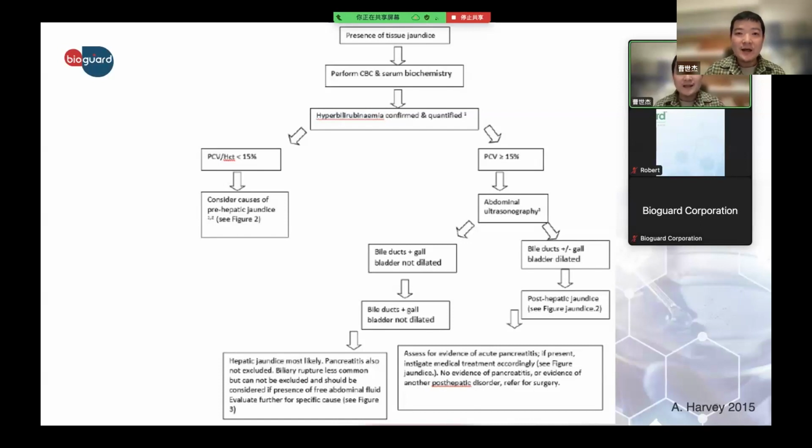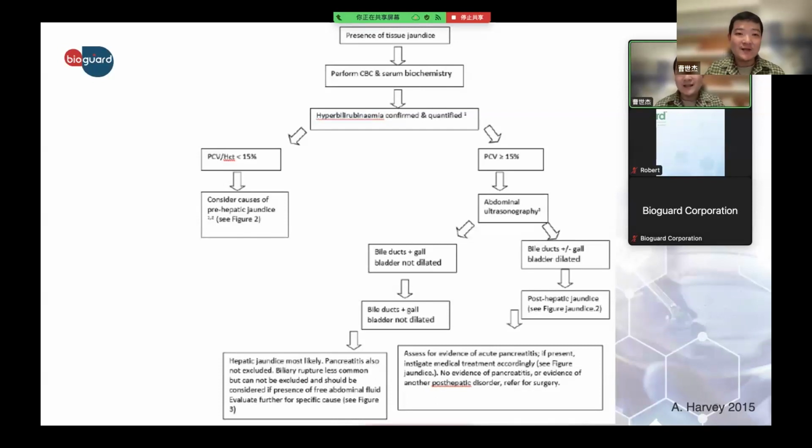Second, if there is truly jaundice, the total bilirubin being higher than normal, we need to check the HCT or PCV as the next step, as shown here. If the HCT is lower than 15, then we will consider it may be caused by prehepatic